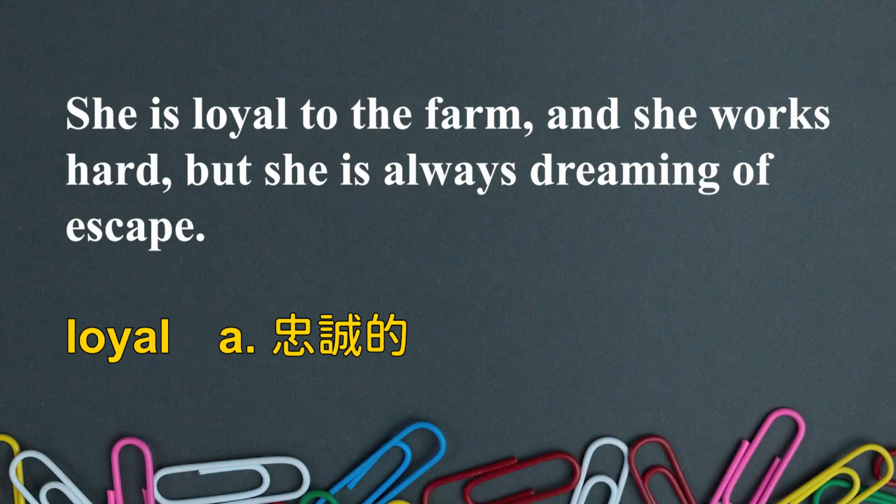She is loyal to the farm and she works hard, but she is always dreaming of escape. Yeah, 所以接下来要告诉你了，She is loyal to the farm. 她呢对这个农场跟农场主人是忠心耿耿的，她就做好她的工作，对不对？And she works hard. 工作也非常努力，but she is always dreaming of escape. 但她总是想着说，哎，如果有一天能离开这里，回到荒岛去找她的朋友，那该有多好。